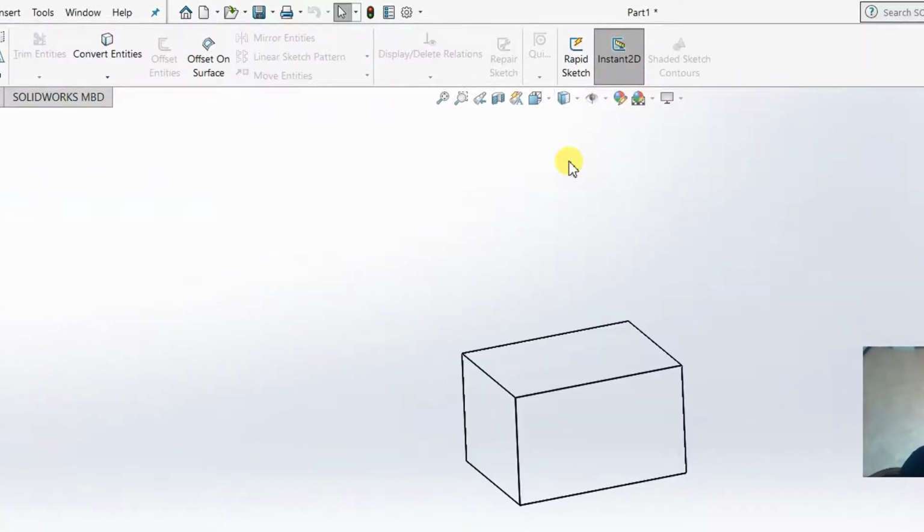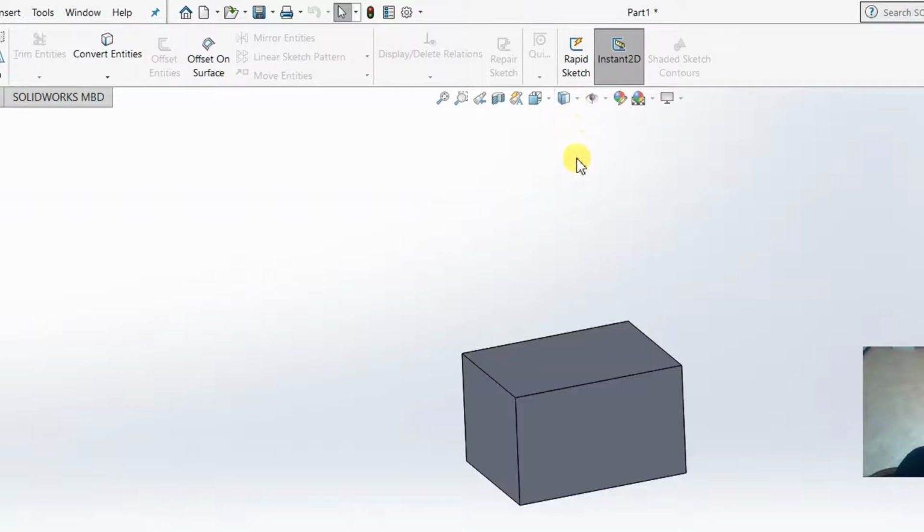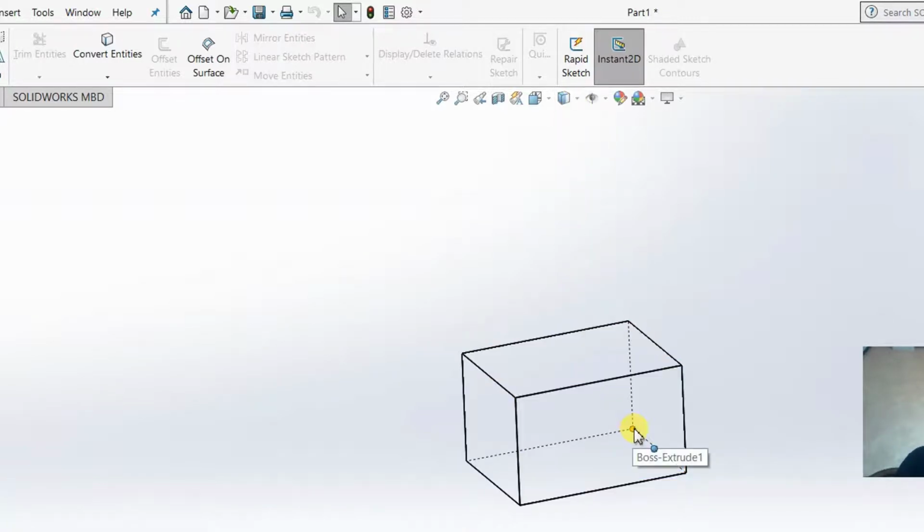Third one, that is your wireframe view. Basically you were viewing in AutoCAD, that was your wireframe view. You can see its background, you can pick its back corner also. If you show the background, then you can fully switch to wireframe. You can select the back side edges also. If you are in this view, then you cannot select the back corner, but if you are in this view, then you can easily select this view.